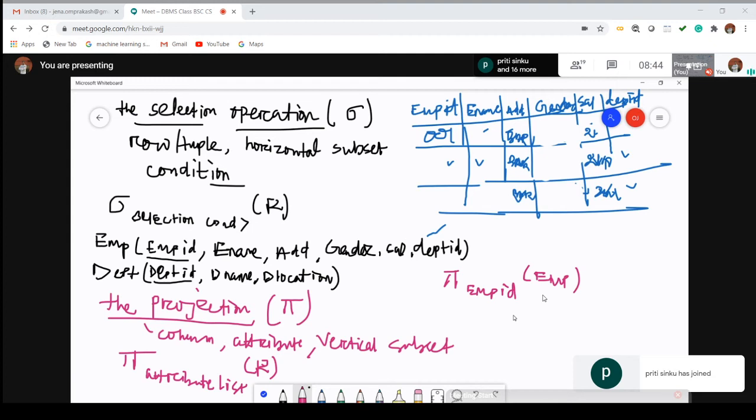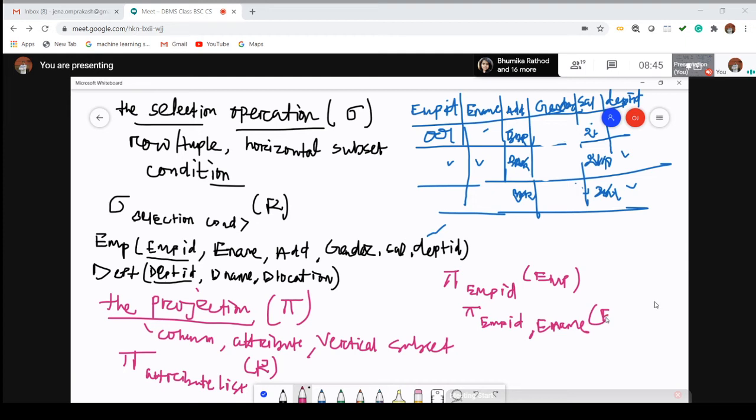Suppose I have to retrieve both employee ID and employee name. You have to write like this: project employee ID, comma, employee name from the employee table.